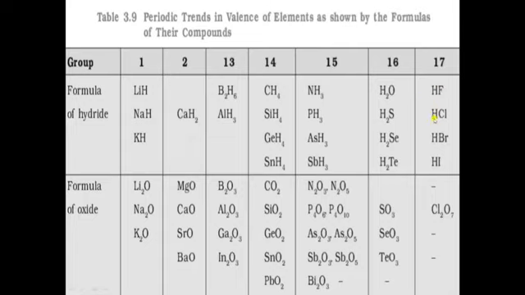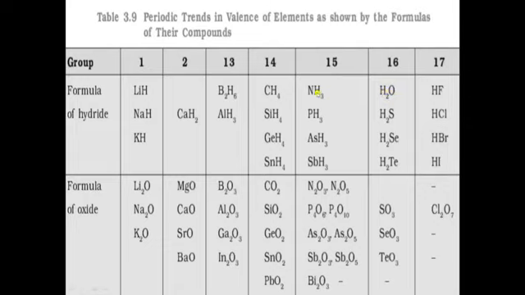In the same way for hydrogen chloride also, chlorine is more electronegative. So it will show negative oxidation state, -1, and hydrogen +1. Here also, and in case of hydrogen iodide also. In the same way, 16th group element oxygen is more electronegative than hydrogen. So here it will show -2 oxidation state and hydrogen will show +1 oxidation state.